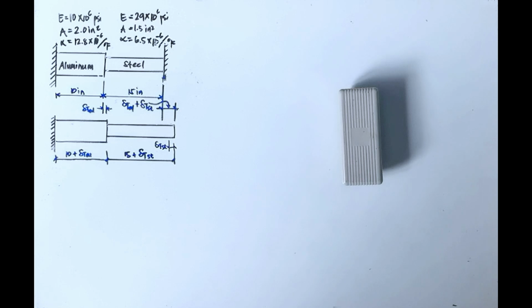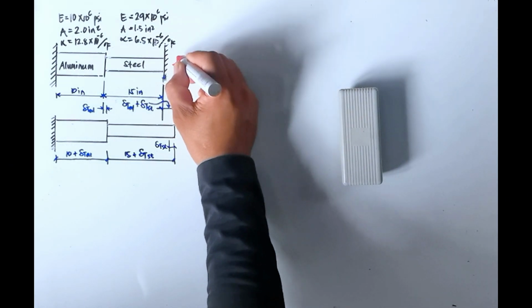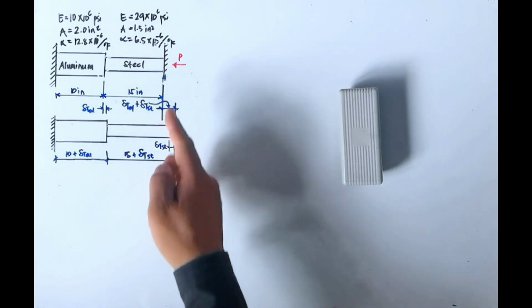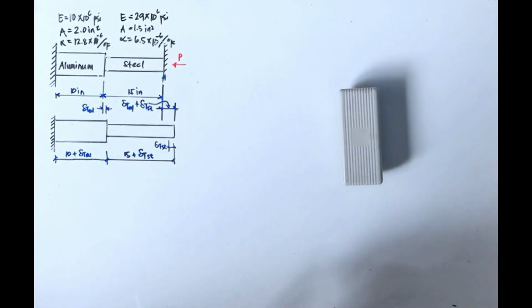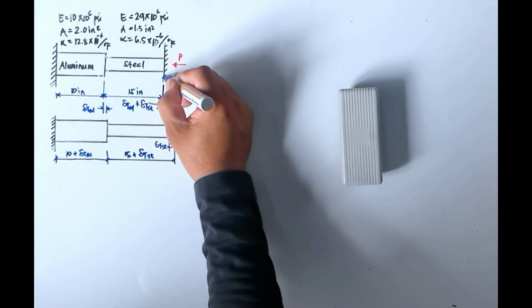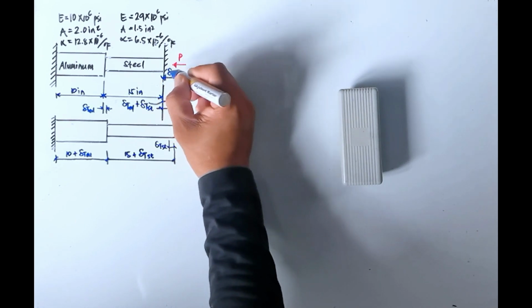Okay, the next procedure is to imagine sufficient loads applied to the structure, let's say this force, so that it will return to its original condition of restraint. From here, it will go back here. That means there is an axial deformation due to this. Let's call that delta.